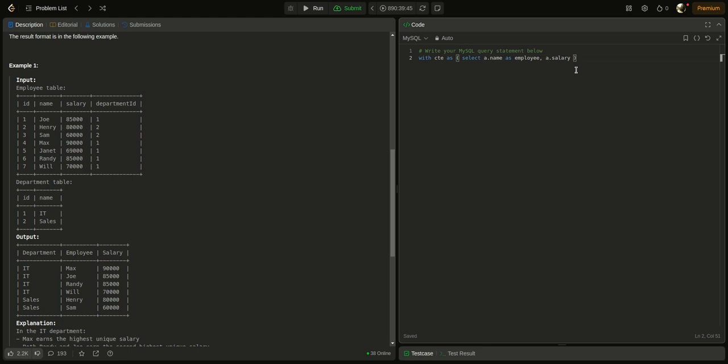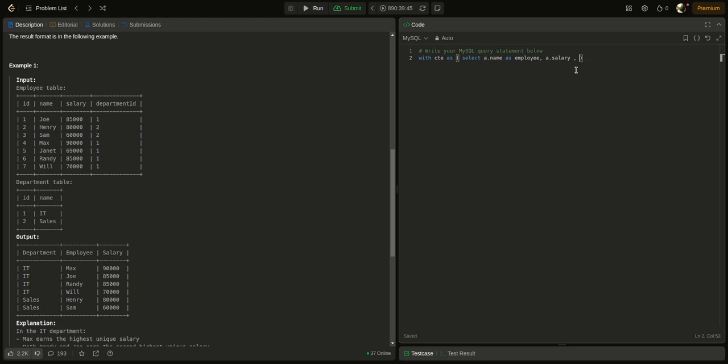Because we have tied data, with no gap between the salaries. In each department there can be multiple employees that have the same salary.